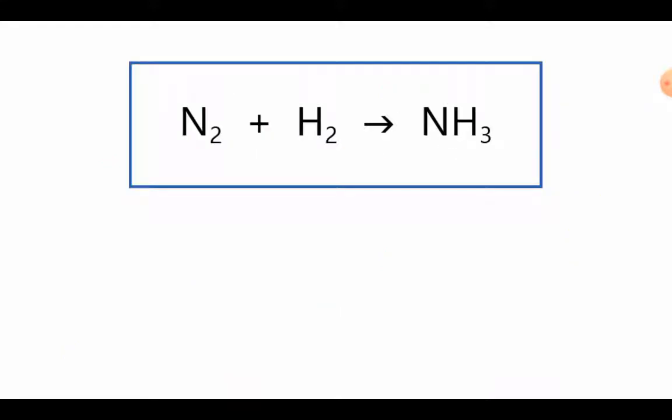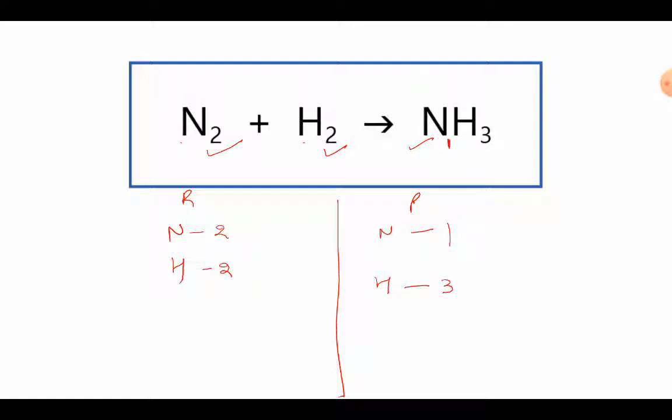Now we all can see we have again one equation right in front. So the very first thing is we have to make a list of the reactant and the product. So what are the elements on the reactant side? Nitrogen and hydrogen. And on the product side also we have nitrogen and hydrogen. After making a list of the elements, we have to write the number of atoms. How many? We have 2. How many? We have 2. So we have 2 of each. But when we move on to the product side, how many nitrogen? 1. How many hydrogen? 3.